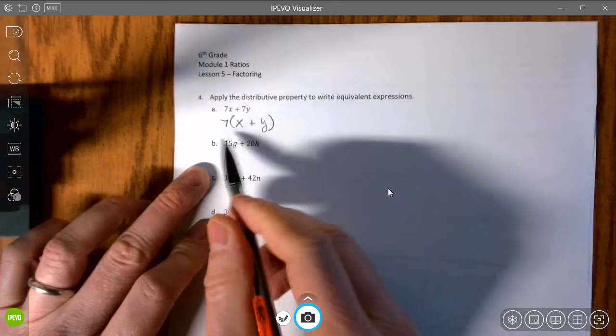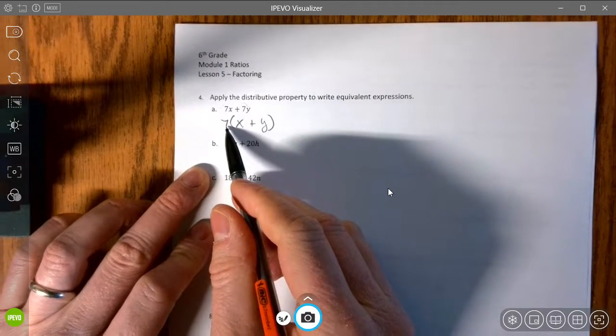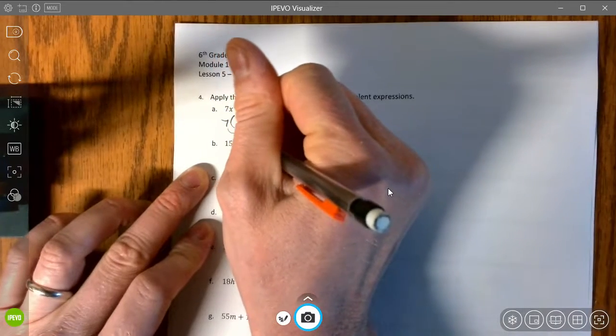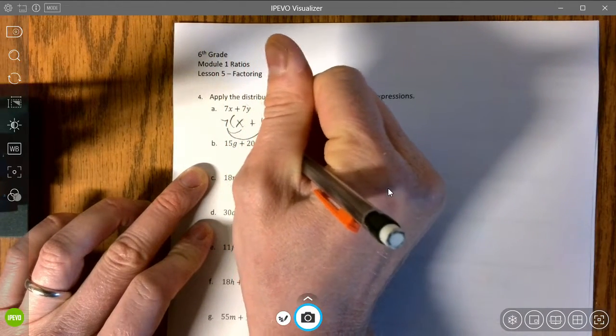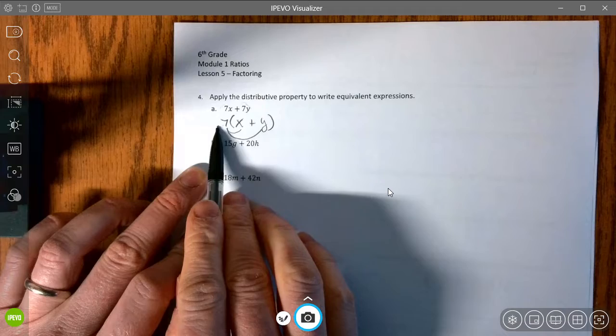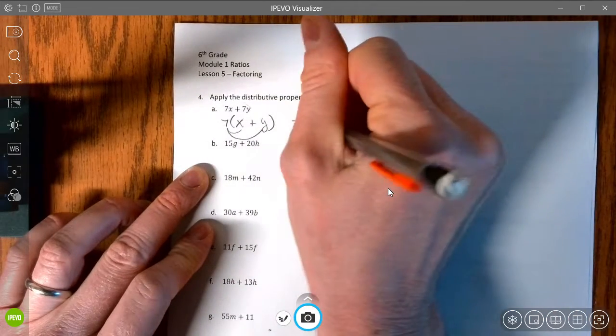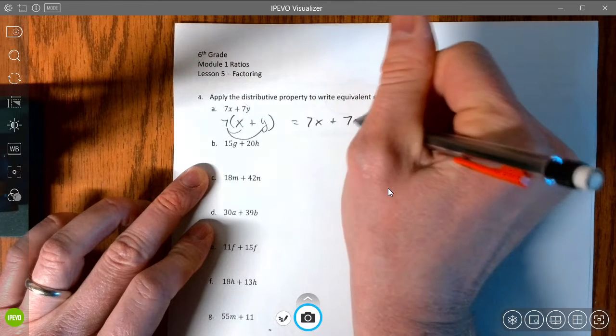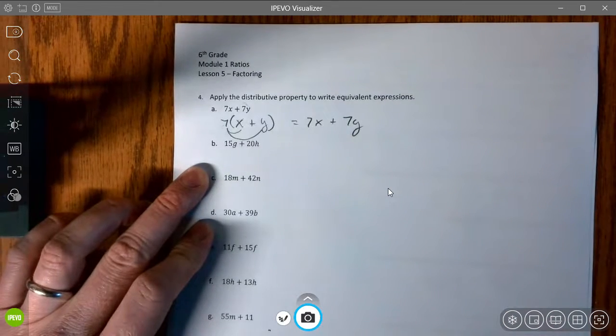Okay? Again, if I want to show how this is correct, I could multiply the 7 back in by distributing. All right, and I could say 7 times x is 7x. 7 times y is 7y. Okay,